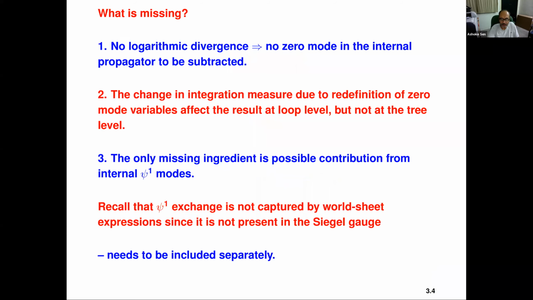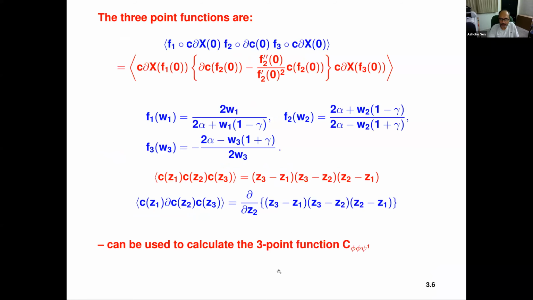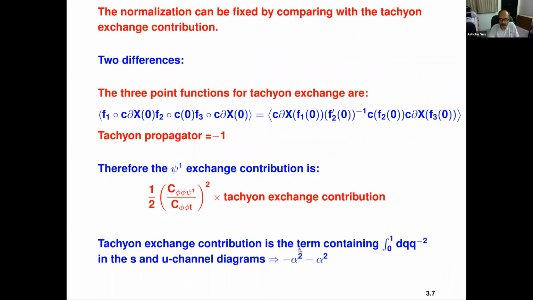That we look at the tachyon exchange contribution in the s and t channel diagram. That total contribution is -2 alpha squared. So we substitute -2 alpha squared for the tachyon exchange contribution and just evaluate this. Then you don't have to worry about the normalization of the three-point correlation function. Now for this computation it doesn't really matter, but later on it will be useful to use a trick of this kind, just to make sure that the normalizations are all correct.